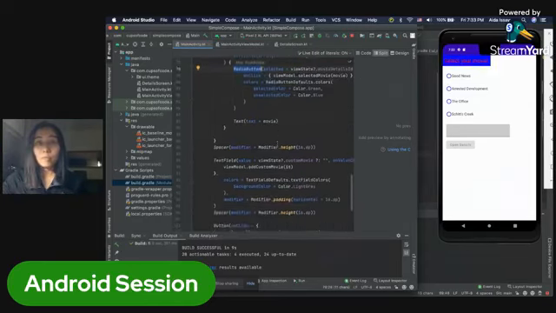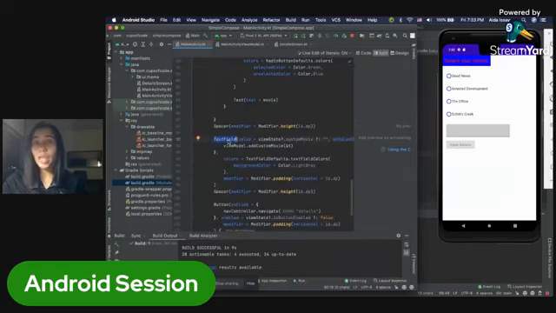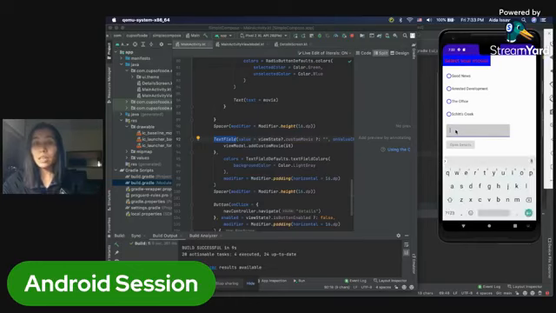Then I added spacer, and in traditional Android view, we have edit text where a user can type in something. In Jetpack Compose, it's called text field, where you can type in any kind of text the way you want,